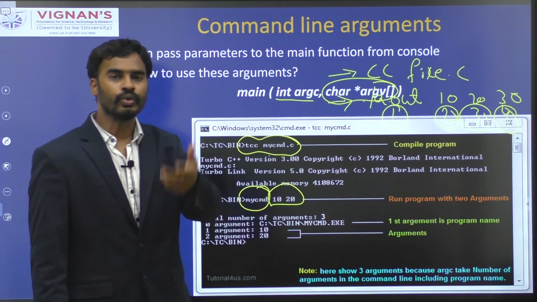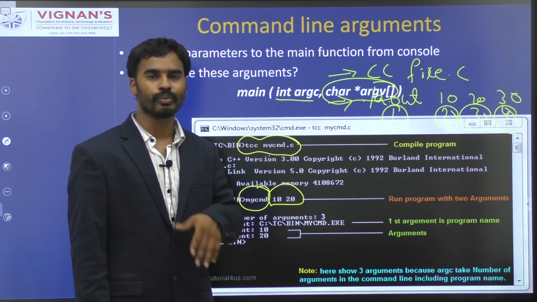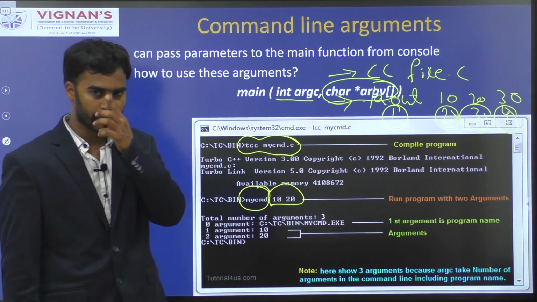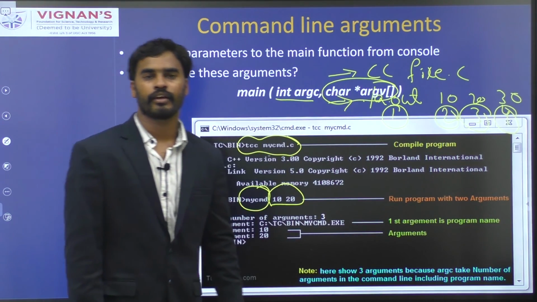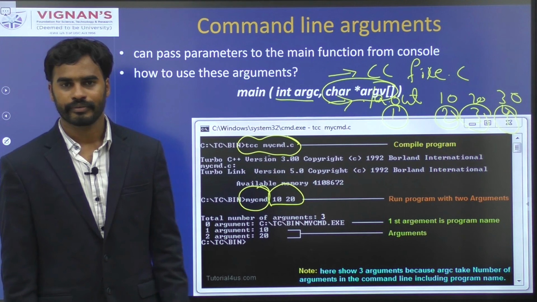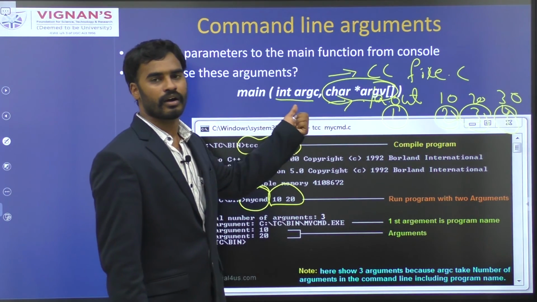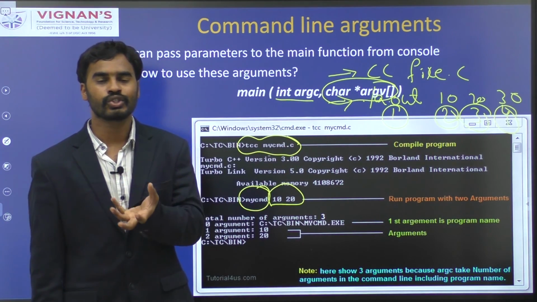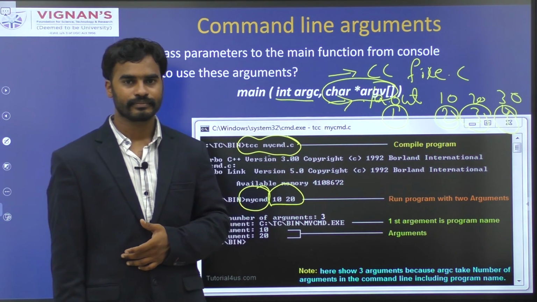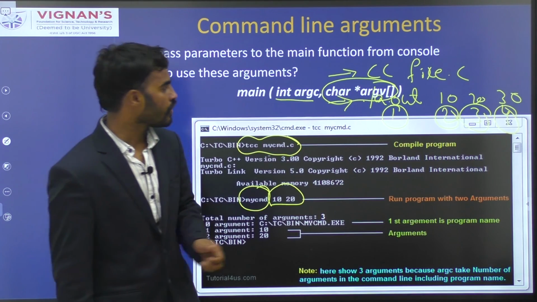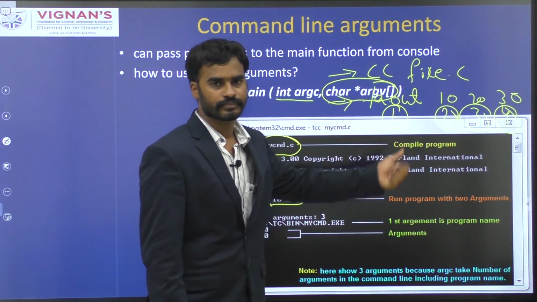The first one is an integer type and the second one is an array of character pointers. The first argument will store the count, how many arguments you are passing, and all the arguments will be stored in the second parameter.